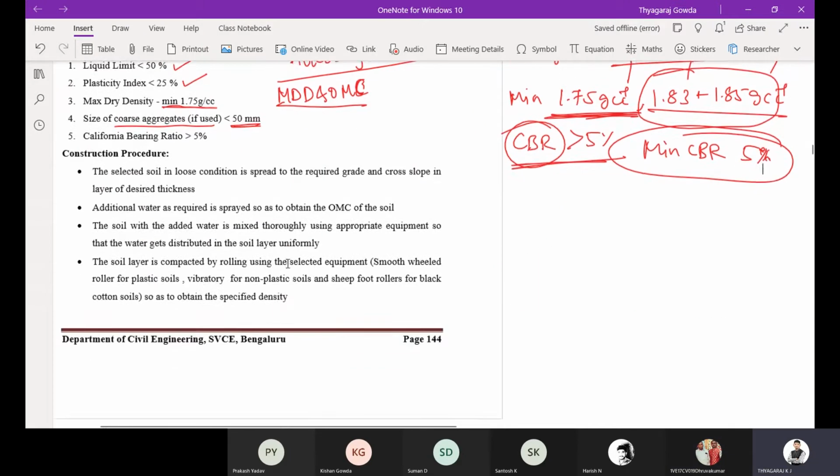Next is the construction procedure. How are you going to construct the soil subgrade? As we all know, it is a foundation layer.